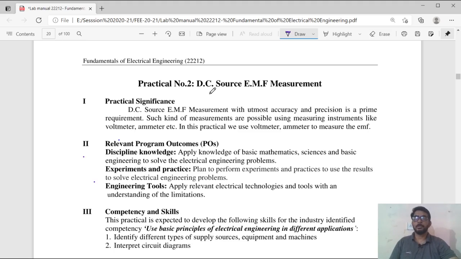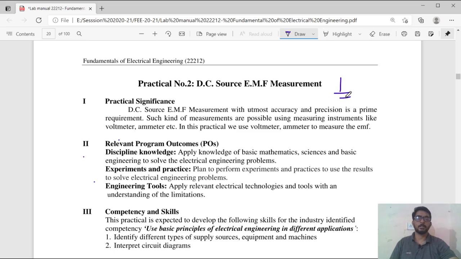In the previous videos we had seen practical number 1. In this video lecture we will discuss practical number 2. The aim of practical number 2 is DC source EMF measurement. So, DC source EMF measurement simply stands for, as the name explains, that every DC source,